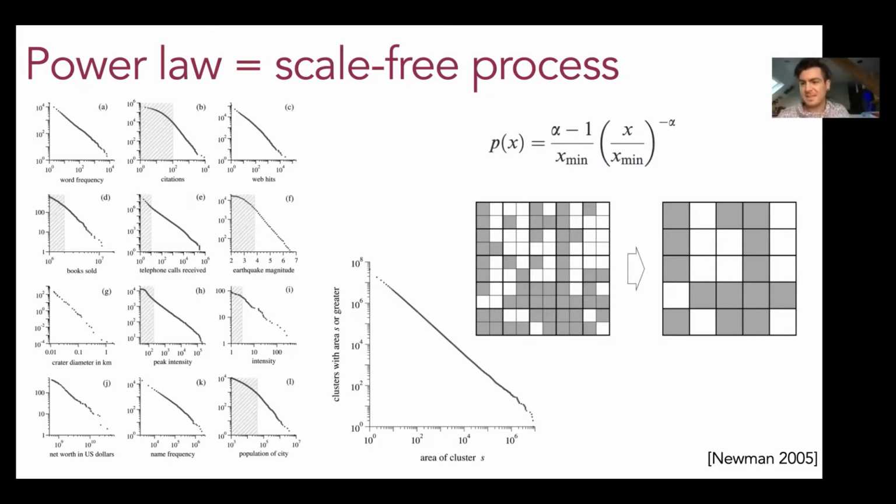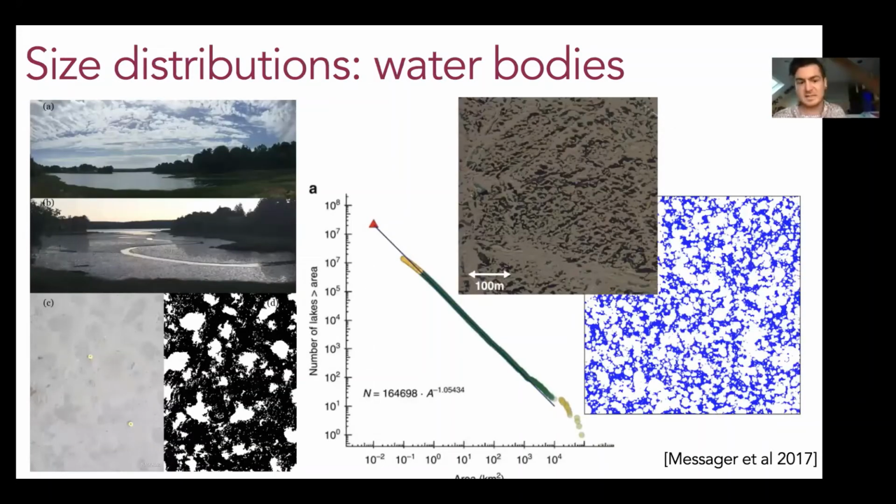So there's this really cool thing that happens in nature, which is if I look at the number of lakes larger than an area. So this is my cumulative distribution function. This is area. I get that same sort of linear shape on a log-log plot with that same exponent out to 4 significant digits. So this is 1.054, but that's because they're doing it in a different way that changes the value by 1. So this is the exact same distribution with the exact same parameter value out to 4 significant digits.